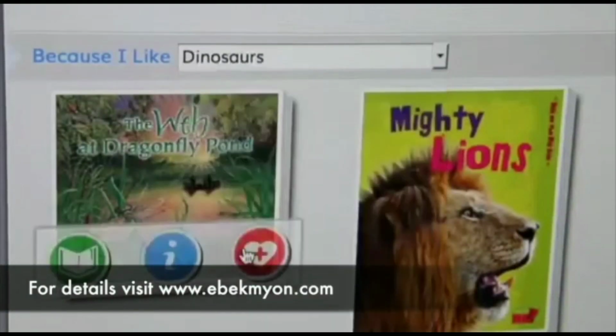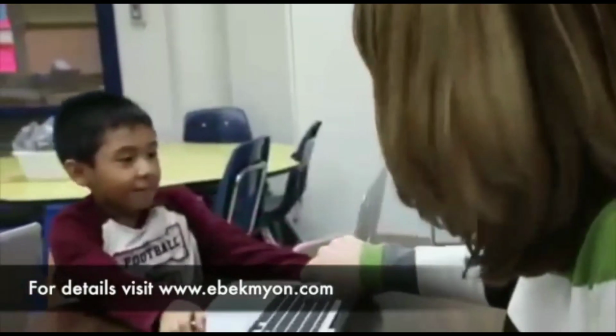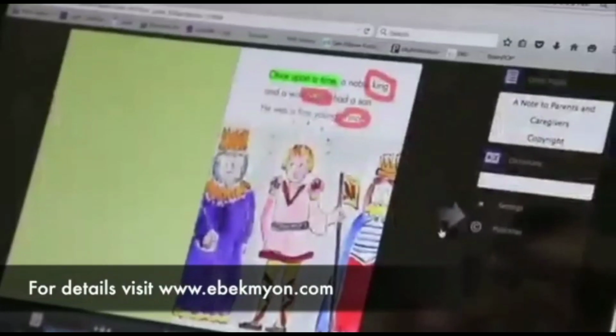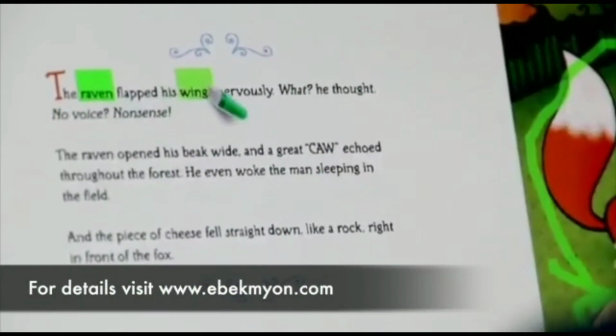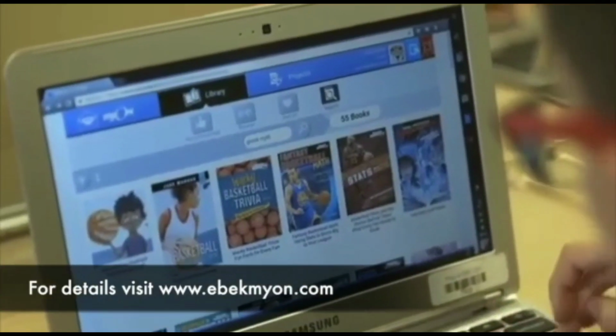When you think about grade level appropriateness and of course their interest level, students are doing the tasks you ask them to do, but they're doing it with a text that they're interested in. Why don't you take your highlighter? There's a lot of visuals, they can hear the audio, they can even use dictionaries within the program. Amoeba. It recommends books based on their interests, so they can quickly find something that they want to read.